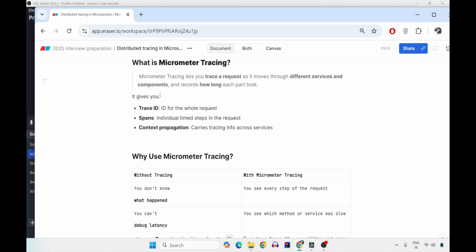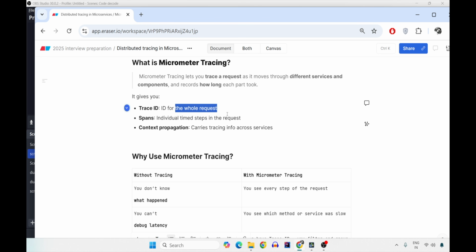Micrometer tracing is the one which lets you trace a request. That is, you see how the request is moving around different microservices and components, and along with that, it records how long each microservice takes and how long the total end-to-end request takes. So Micrometer tracing gives you a trace ID for the whole request, that is a unique ID.